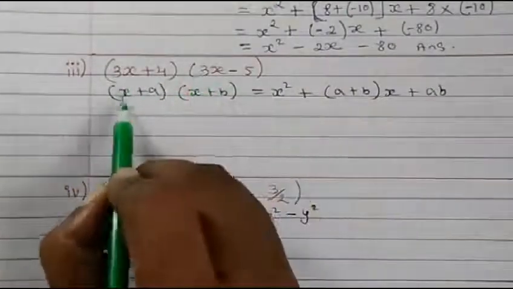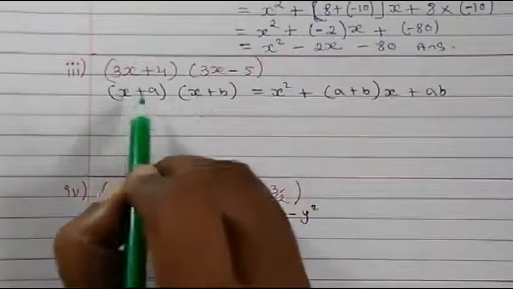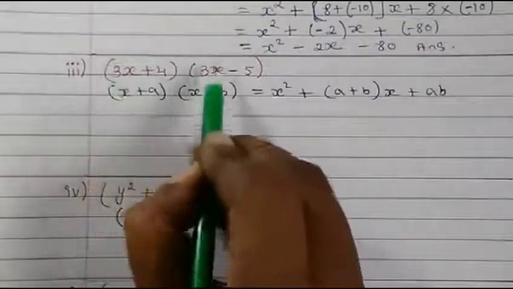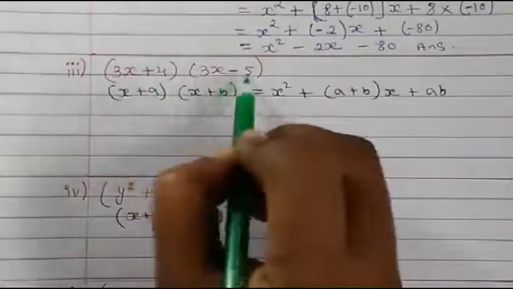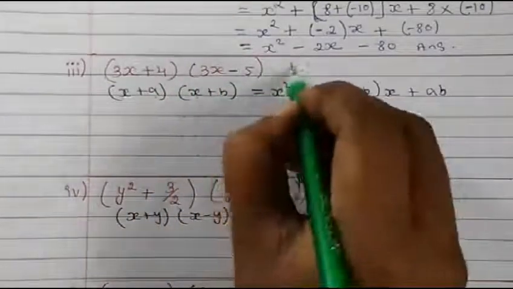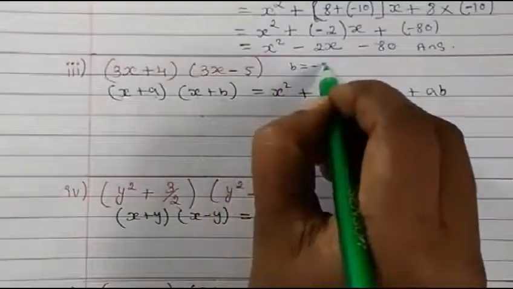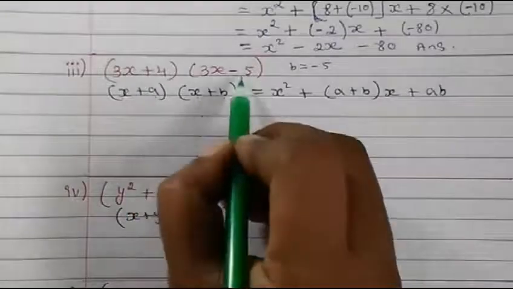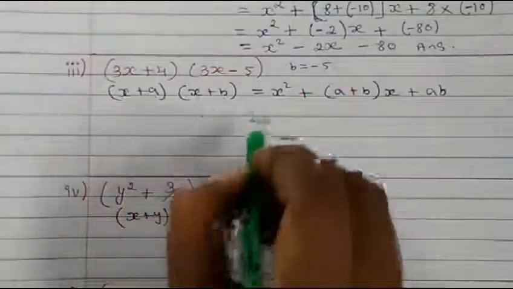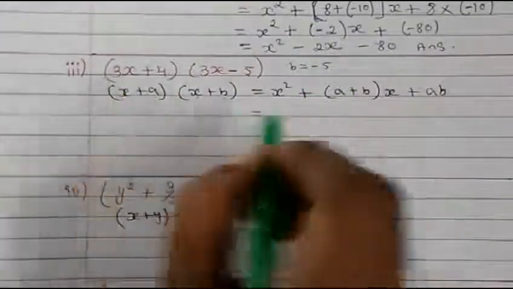Third one also, you see we have x here, 3x. So both sides x is the same. So here also we have the same number. Now here A, B, these should be different numbers. So here also different numbers. Only the thing is our B is minus 5. So this you have to take into consideration. In the place of B, we have minus 5.